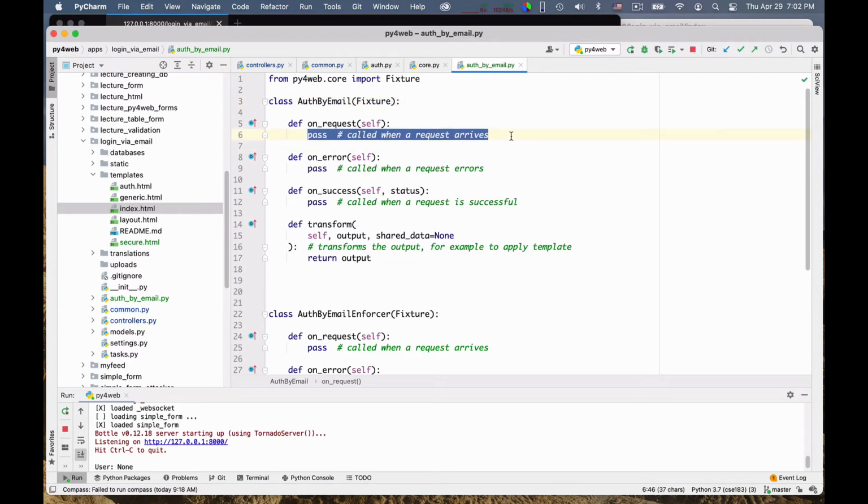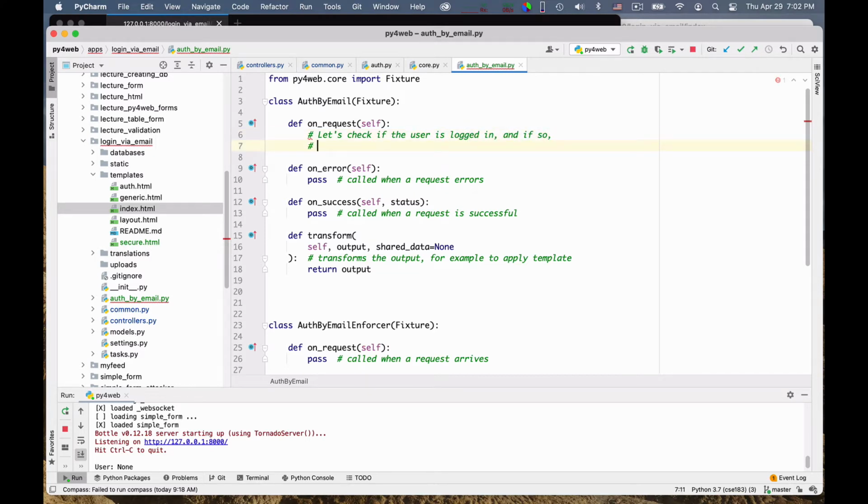I just want to check if the user is logged in, and if so, I want to create a current user object in auth, so that I can do auth.currentUser and recover the current user email. Okay, so let's check if the user is logged in, and if so, we create the current user object.